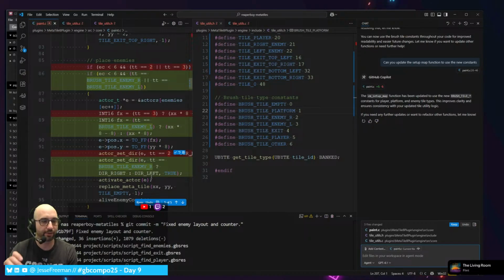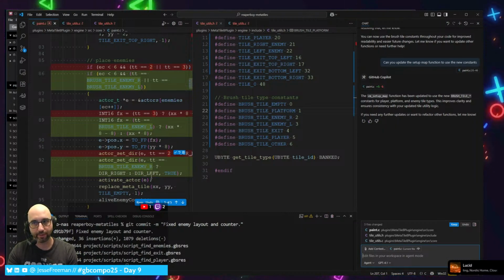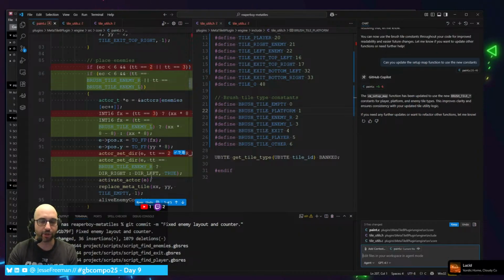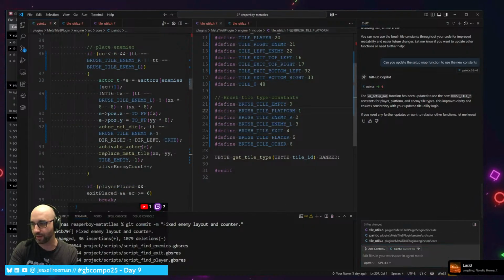And the reason why I do this, and why anyone should do this, is that if you change one of these numbers, like I have done here to get the map setup function to work, I've now broken the tile map editor because they were all just referencing numbers. Now if I need to change the numbers around, I'm only changing them on the constants, and I'm not breaking anything because I don't have it all hard coded. So let's see if we can keep, this is a lot of,